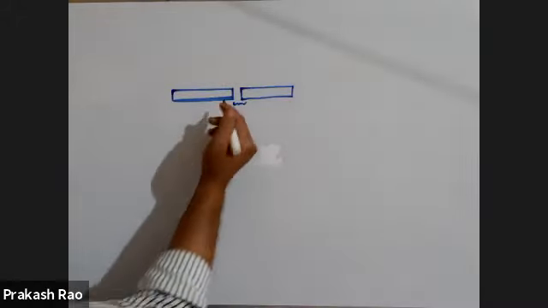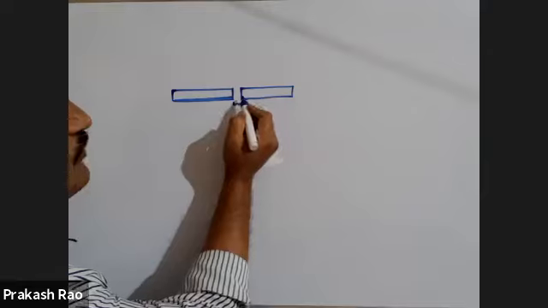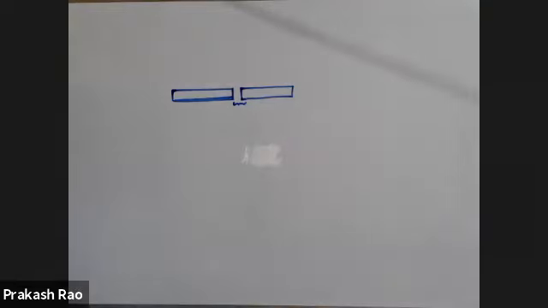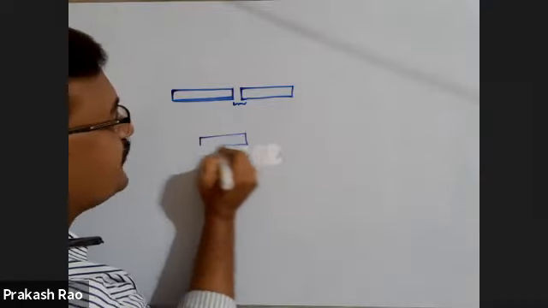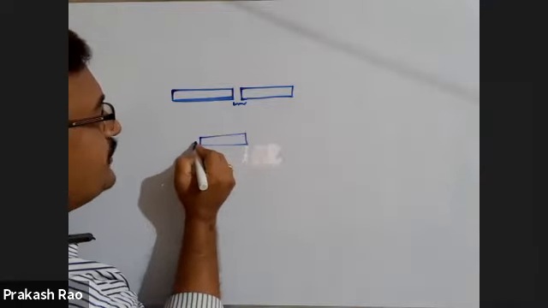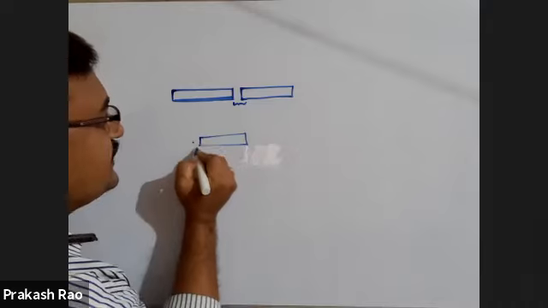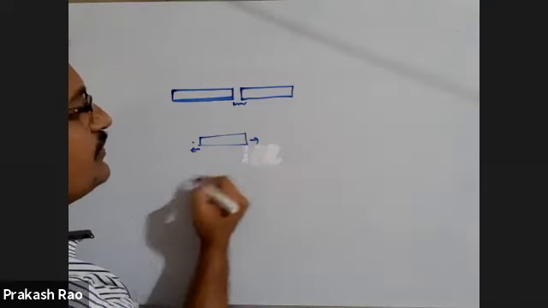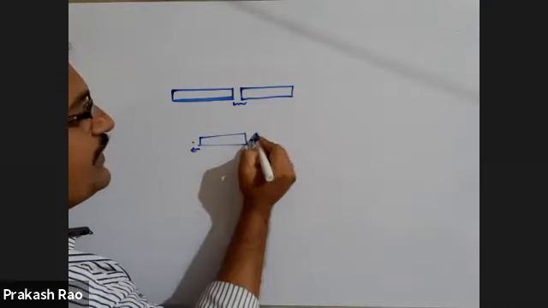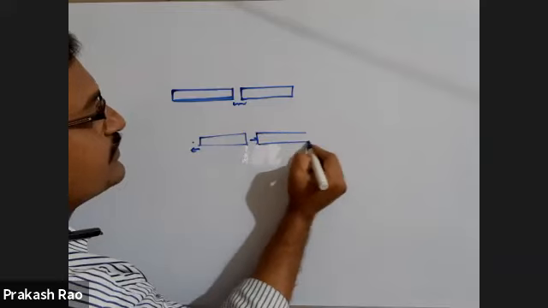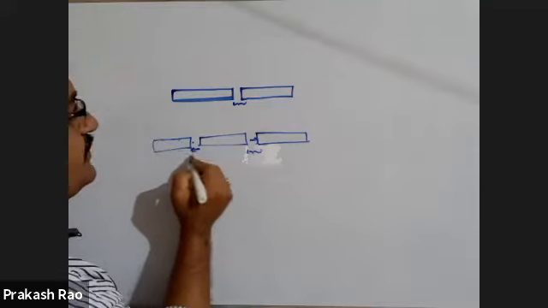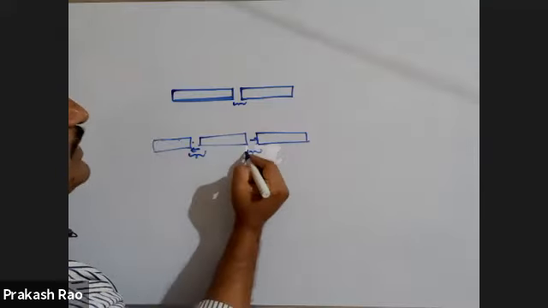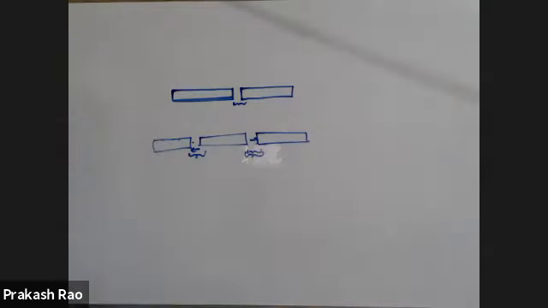Yes, very good. So if we don't leave some space between the two successive rails, we cannot allow the free expansion of these two rods. To allow the free expansion, because it expands in all the directions. It expands in this direction, it expands in this direction. Therefore, while attaching the rails, a small gap is left between the two successive rails. Between these two also some gap is left.